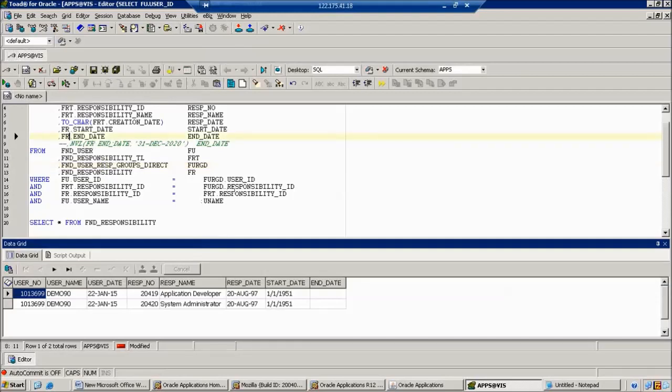Then we just want to replace that with FURGD, and again here also FURGD. Observe this one. I just replaced the table. Earlier I was using the start date and end date from which table? The FND responsibility table. Right now I am using the FND responsibility user resp groups direct here.